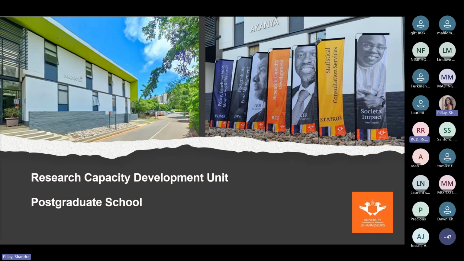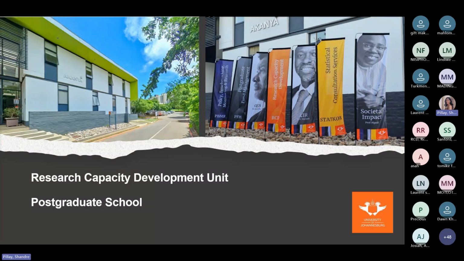There is another question. It says, is the postgraduate diploma in supervisory research offered as a separate course or part of the voluntary services? That's a separate course, but unfortunately, this was the last year for intake.